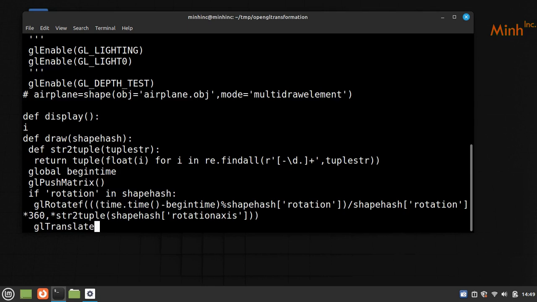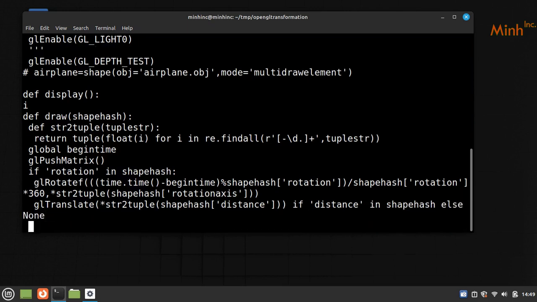GL translate str to tuple shape hash distance, if distance is available in shape hash else none. If rotate on axis, like Earth, it rotates on its own axis. If rotate on axis in shape hash